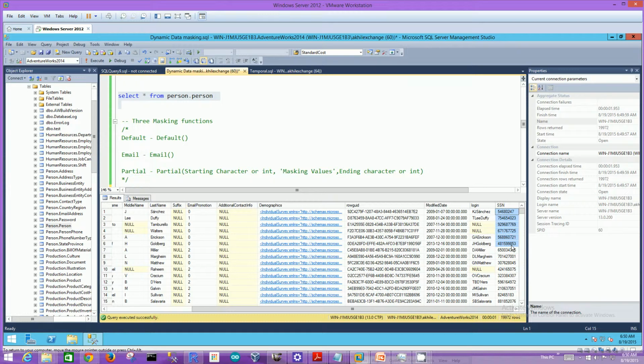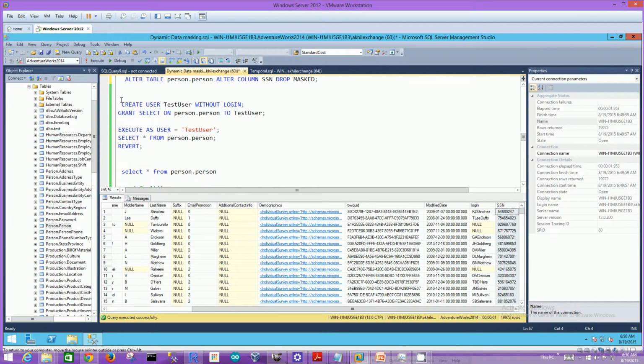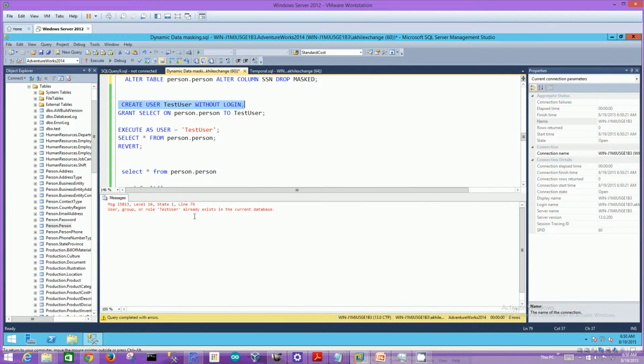The unmask permission allows you to unmask the data. Because I already have that permission, I'm able to see the data. But here we will go ahead and create a test user without a login. That user already exists, so let's go ahead and grant that